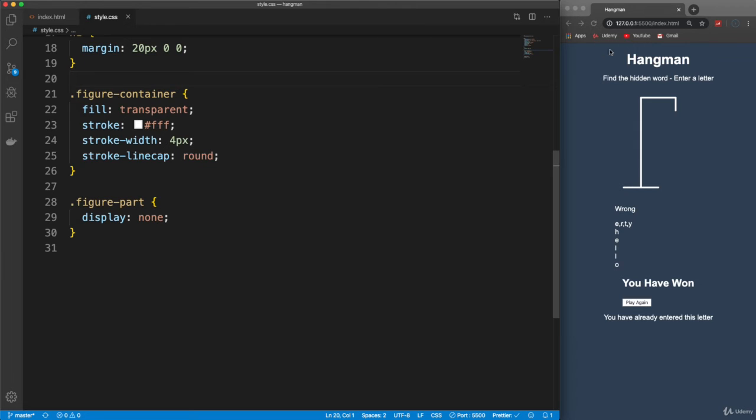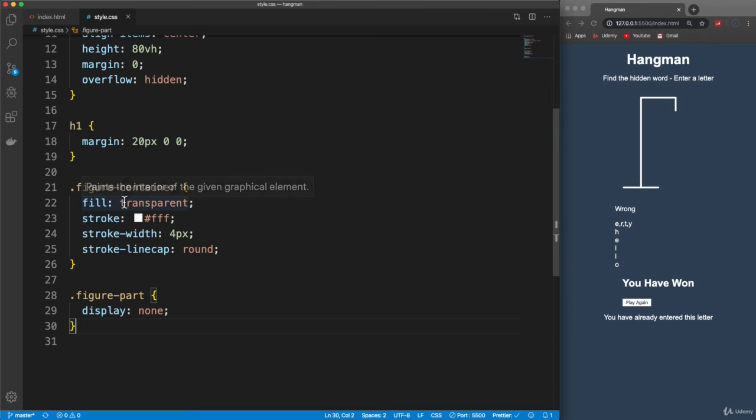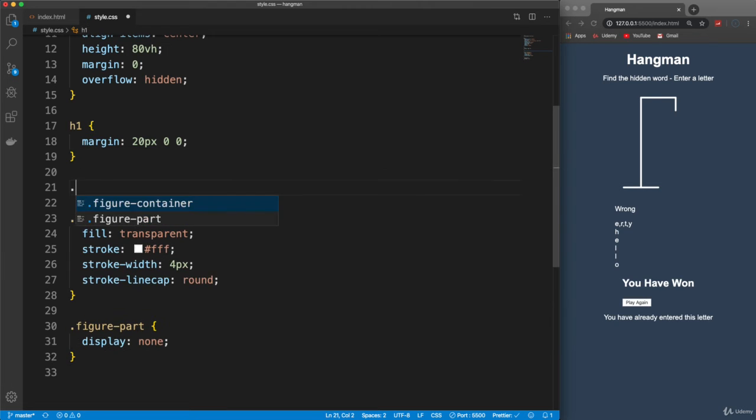Let's do the game container, which wraps around everything up to this point. Because this stuff here, the pop-up and the notification, isn't going to be displayed by default. That's only going to be displayed at certain points, like if you win or lose, or if you enter a wrong letter, or a letter you've already entered, I should say. So let's do the game container. We'll actually put that right here, game